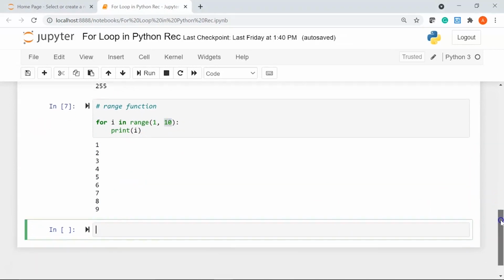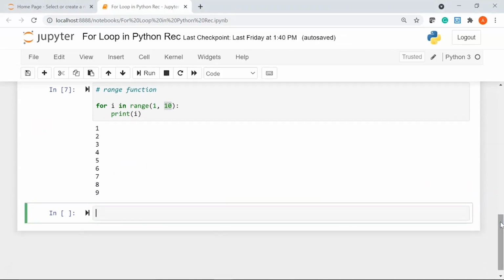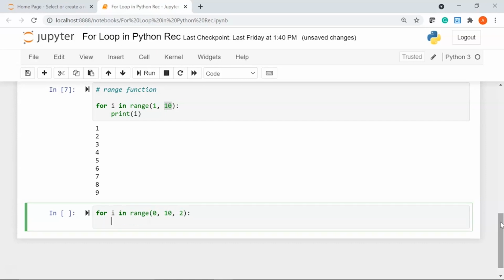Now in the range function you can also give a third parameter that stands for step, so that you can skip a few steps and print the next value. Let me show you what I mean. Say I write for i in range 0, which is my starting index, 10, which is my end index, and I'll have a step size of 2. Give a colon.